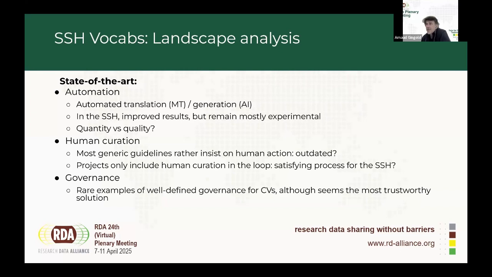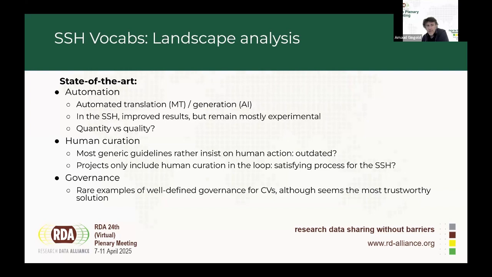And we can say that also considering precisely the guidelines, for instance, the Getty guidelines or even ISO, which just mention quickly these automation aspects, focusing more on the human expertise needed. And we see that situation changed a bit in the last years. In fact, the experimental projects that we reviewed make a higher use of these automation tools, but with some questions about the validation of the results. So the fact is that for the automation, translation or generation, the results have greatly improved, but they remain mostly experimental and have raised questions about the